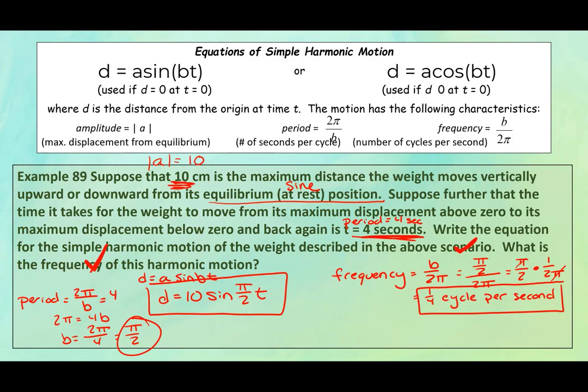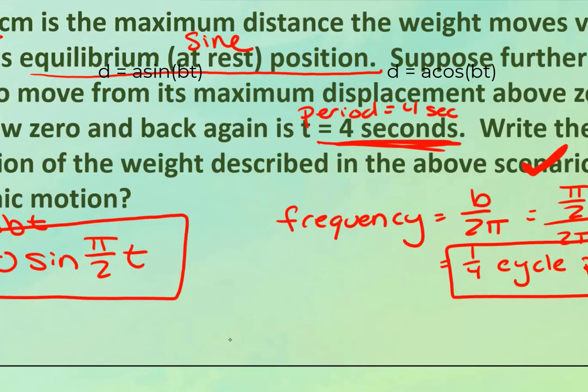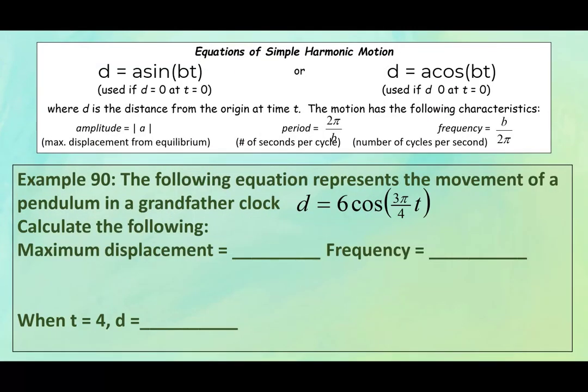Okay, so let's do one last example here. Okay, example number 90, and it's our final example of the entire unit. So the following equation represents the movement of a pendulum in a grandfather clock. Okay, so D is equal to 6 cosine of 3 pi over 4 t. We're going to calculate the following things. The maximum displacement. Okay, remember the maximum displacement is also known as the amplitude here. So A is equal to 6, so we're going to take the absolute value of that,